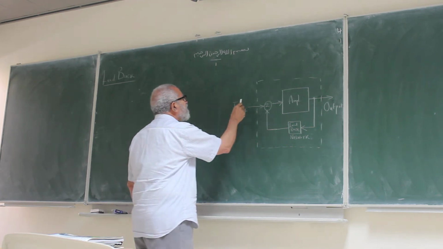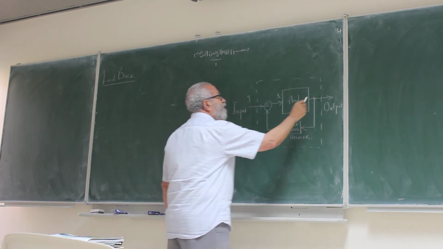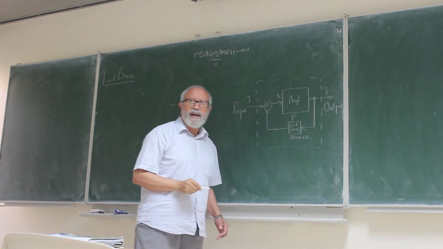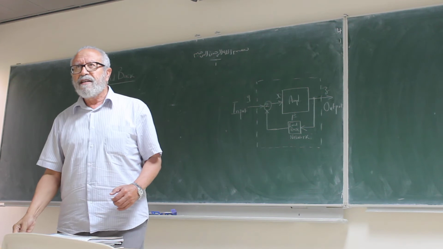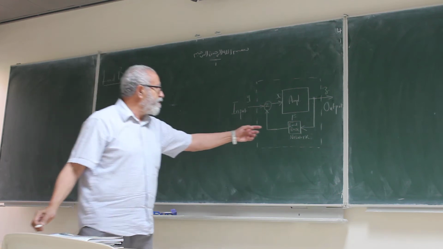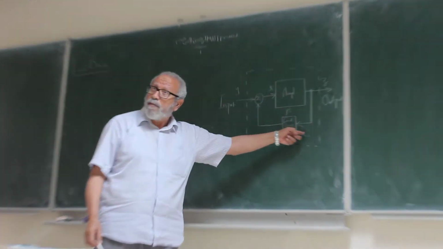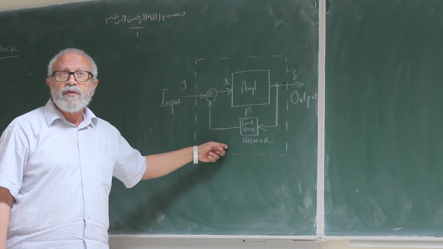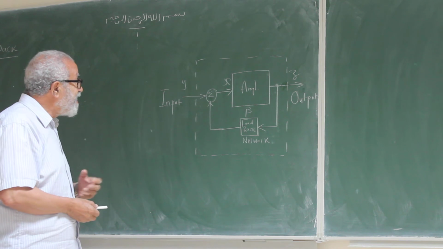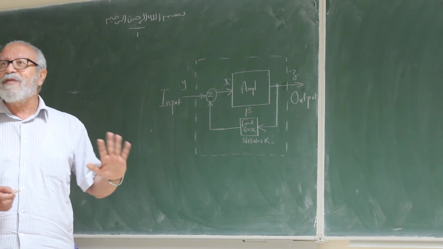So if we call, for example, this input y, and call this x, and call this z, and say that the feedback network has a coefficient of beta, a ratio beta between the input and the output. مش عايز أسميها gain عشان ما تتصورش أن هنا في amplifier، فهنسميها بيتا, ratio beta between its input and its output, because this is the input of the feedback network and this is the output. So I will call it beta. So how can I express this in terms of mathematics? We cannot live without mathematics, but we are not mathematicians.